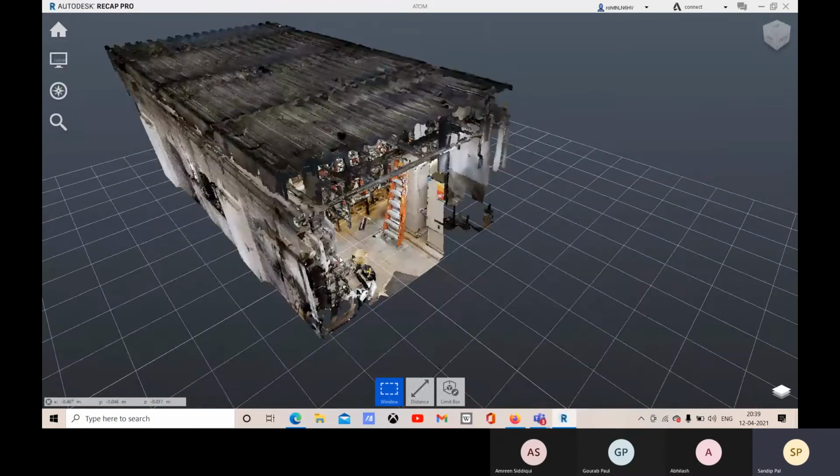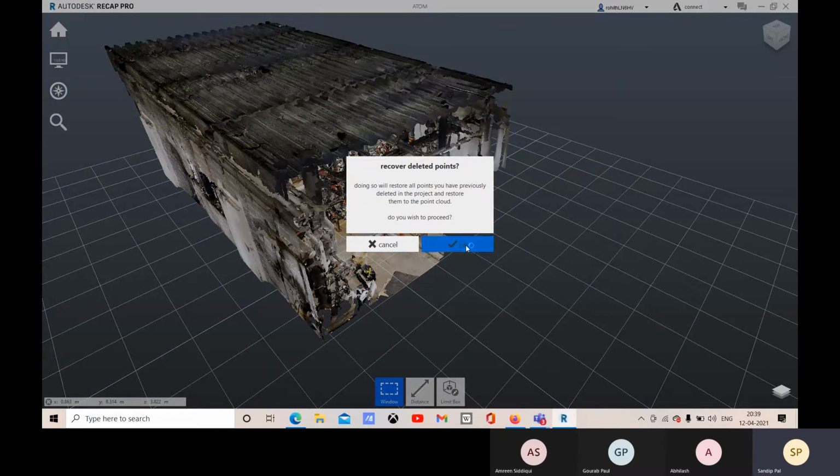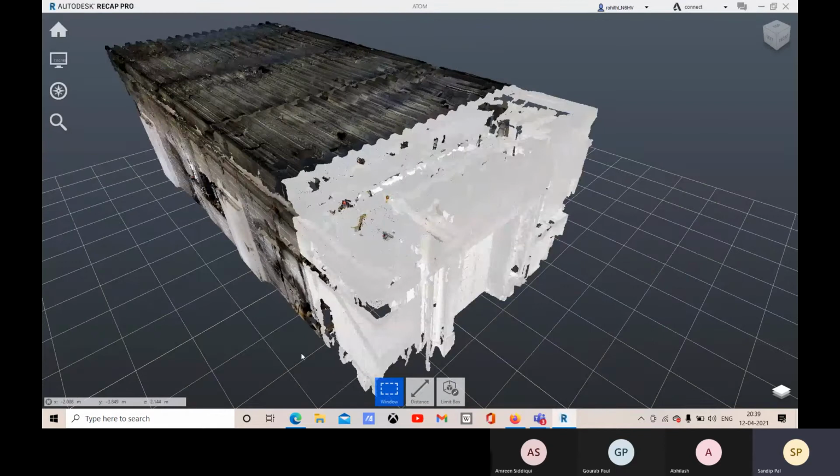Okay, suppose you feel the requirement to have those parts, those points. You can get back here, come to this home option. Here you have this recover deleted point. Click on it, click OK, and you got it back.